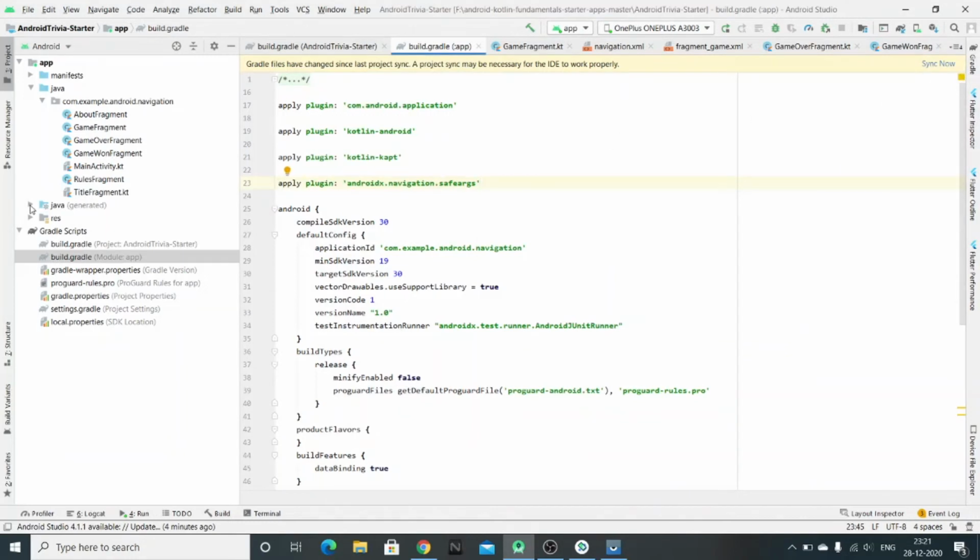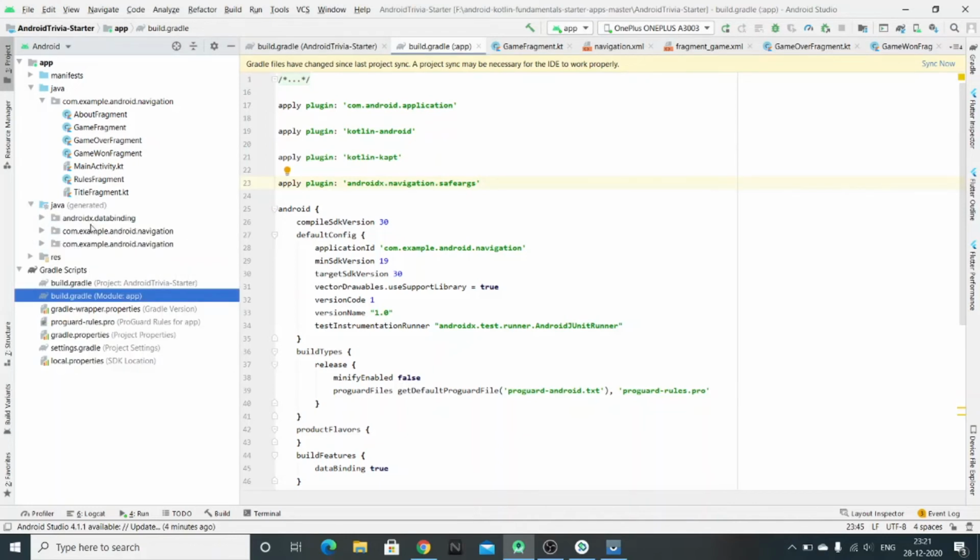Before syncing, just notice that in this generated Java folder we only have three packages. Now sync your project, and you will notice that you have one extra package that's been generated by SafeArgs.